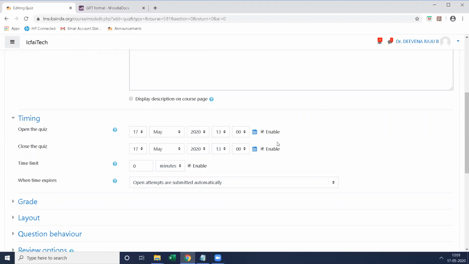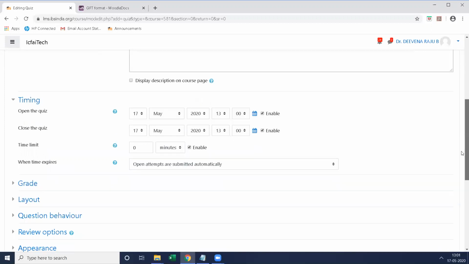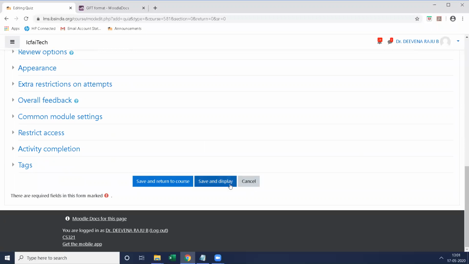Enable this one, this one, this one, and this one. Once these two things are over, immediately go down and click save and display.